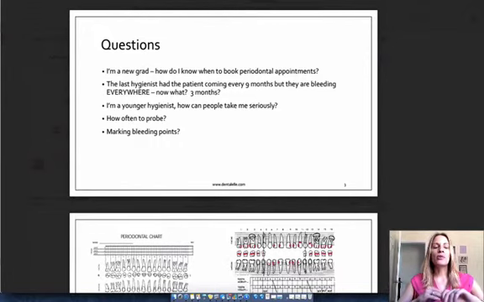So first and foremost, what I like to do, I've been working in the same office for 11 years, so I can't really speak from different offices, but what I tell new dental hygienists who start in our practice is to look at the previous appointments and just see how often the patient has been coming in. So if he or she's been coming in every 3 months, his or her next appointment will probably be in 3 months' time. If he's been coming in every 6 months, then it's probably 6 months from now.